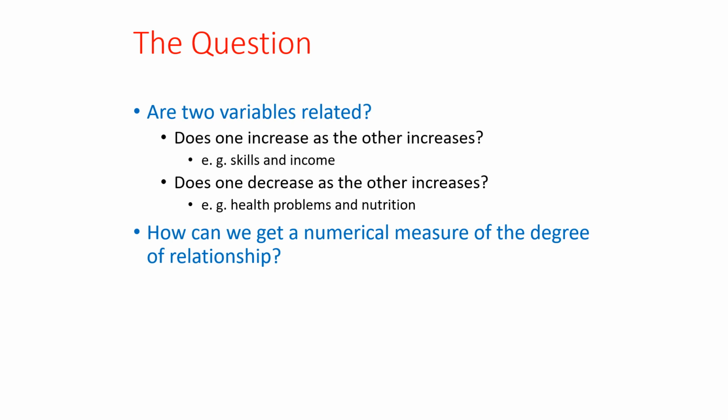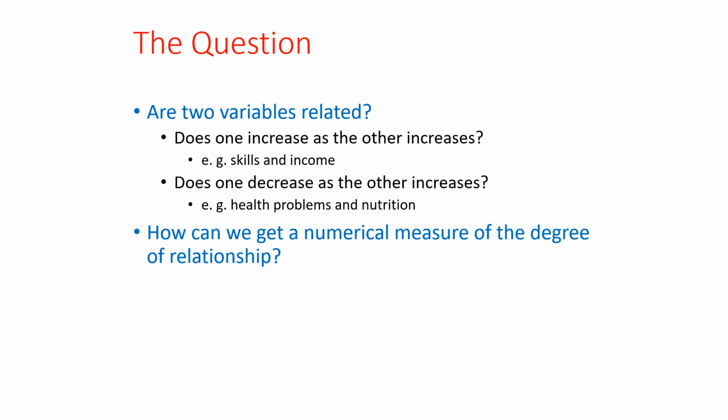So the idea is to find out whether the variables are related. What happens if one variable increases? Is there a resultant increase in the other variable, or is there a decrease in the other variable, or is there no effect on the other variable? For example, skills and income. If your skill level increases, does it lead to an increase in income, or does it lead to a decrease in the income, or is there no impact? This is all measured through the correlation coefficient.